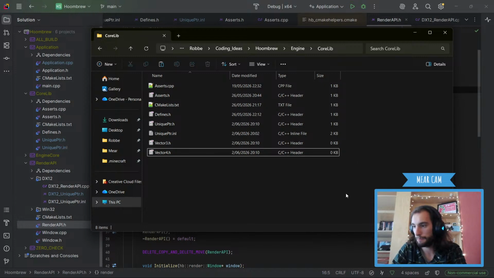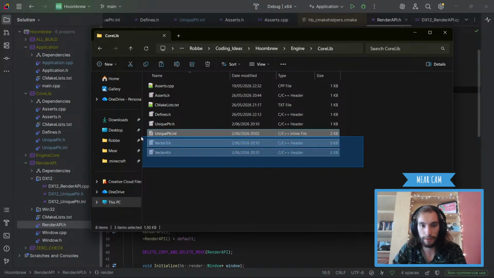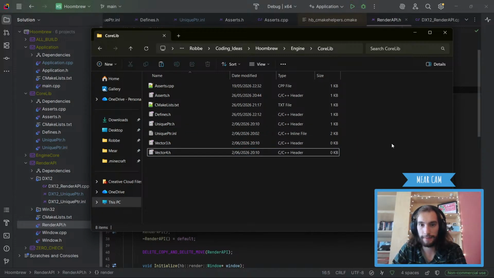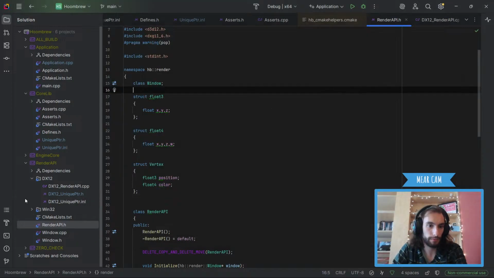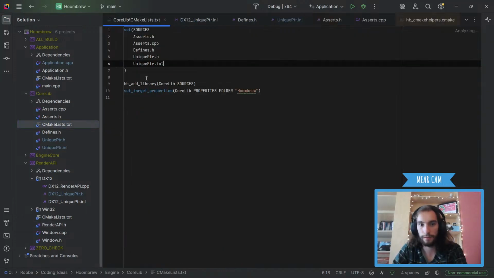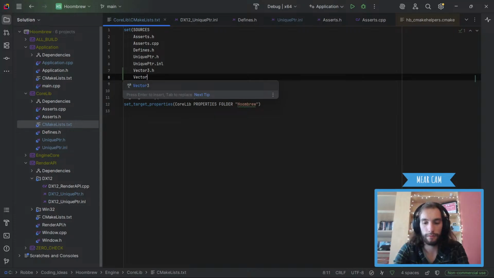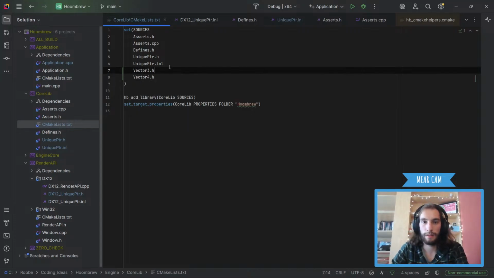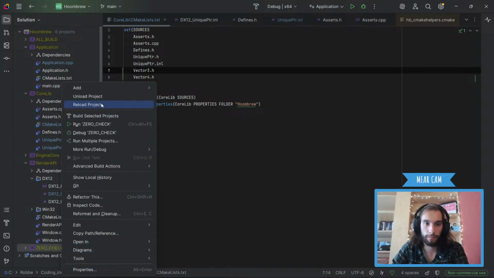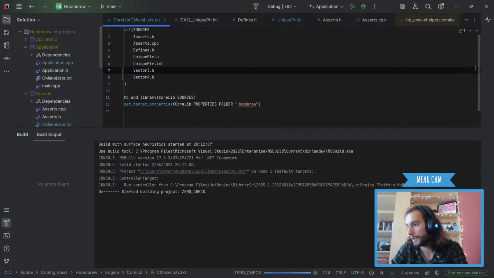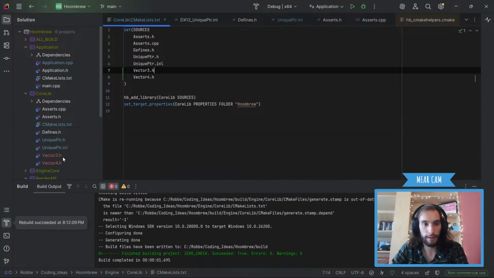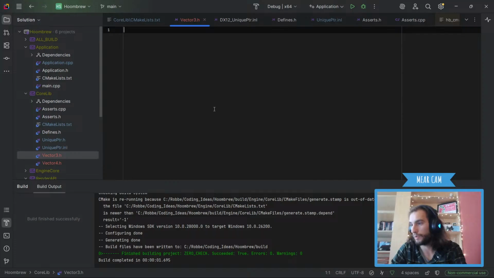Yes, okay, I have an idea. So, we got these. Let's leave this open for now, but just minimize it. CMake. We're gonna add them in here. So we got vector3.h and vector4.h. And if we did everything correctly, once we rebuild, we'll check. Where's rebuild? I don't know why I have to rebuild. Then we will have those files in here as well. Perfect. Okay, so what is the question?